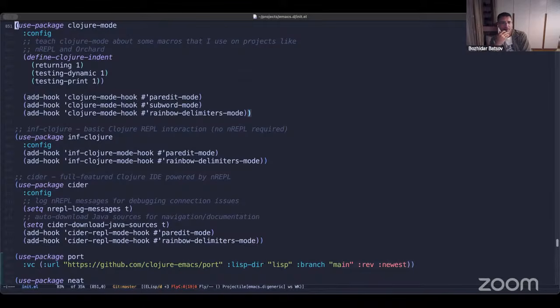I'm not using Clojure TS mode, even though I'm one of the main developers of Clojure TS mode. The reason for this is very simple. I never really had issues with Clojure mode, so I get that some people were working on bigger code bases than me, and they were running into some performance issues